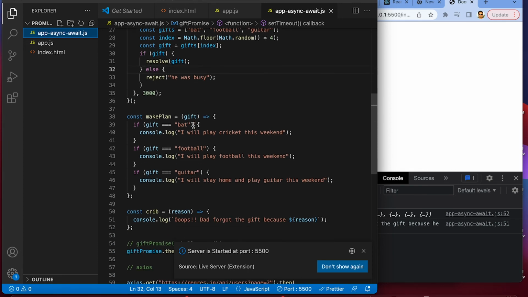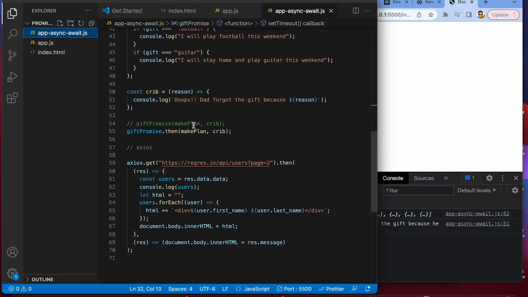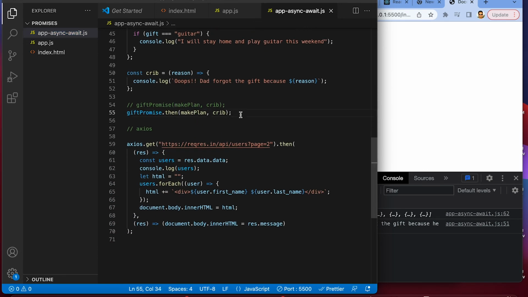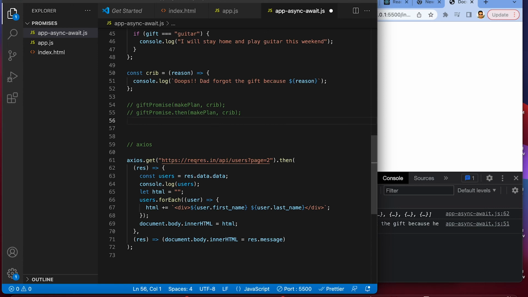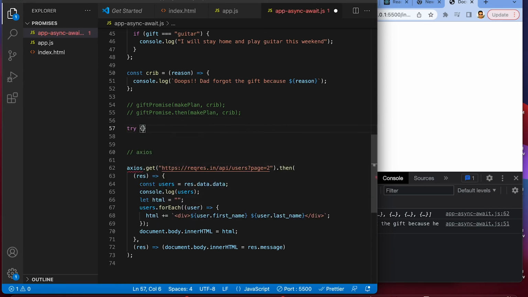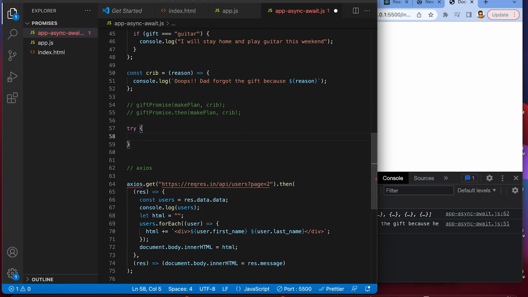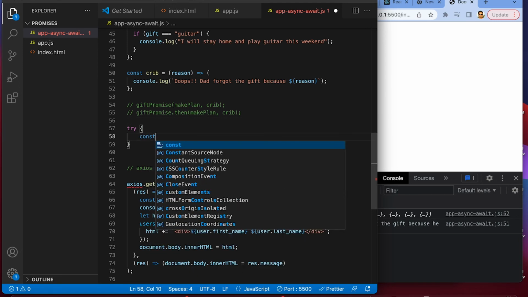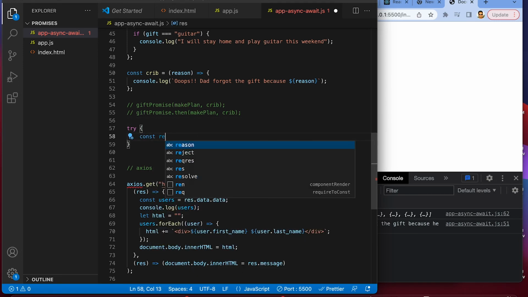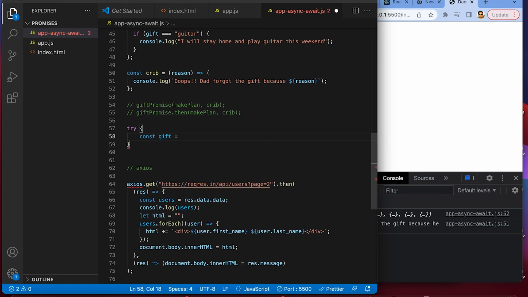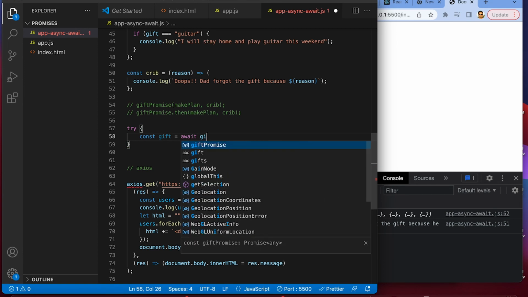I'll tell you how to write it. So you can see this is a normal way of writing promises. The same we can write using async await, and we just do it something like this: try, const result, or you can say gift, equal to await gift promise,